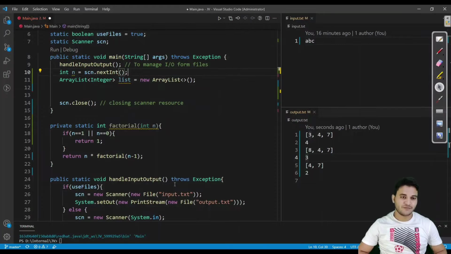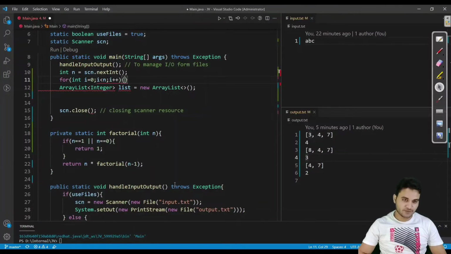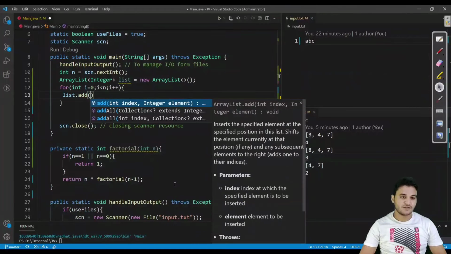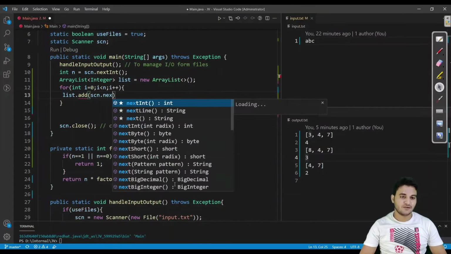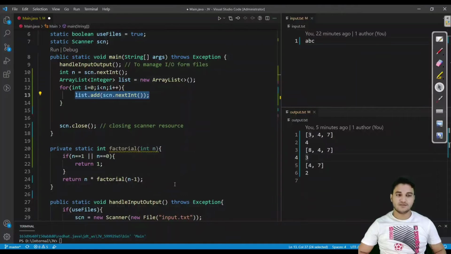If you are following from the very beginning, then in each program I am taking the input from the user. So this is the n, which is the size of the input, and we would add each number into our list. So list dot, see it very carefully, list dot add scn dot nextInt. So the number entered by the user would be added to the list. This is the code.